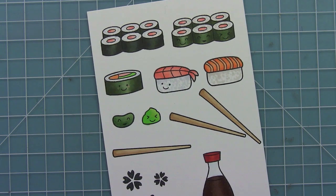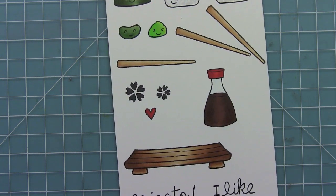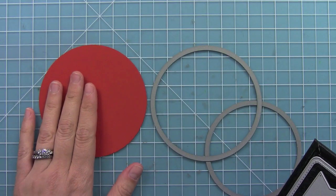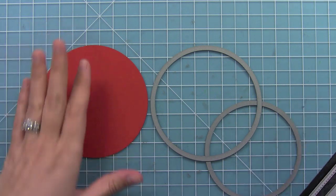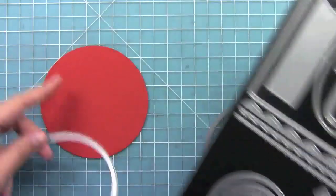And here's a quick look at all of the fun sushi. I love the happy and bright colors. So let's go ahead and create a card. I thought it would be fun to make a circle card. I just love circle cards, and I thought it would be a cute way to show off these fun Let's Roll images. So I've gone ahead and die cut with my largest circle from my circle stackables, this red one,